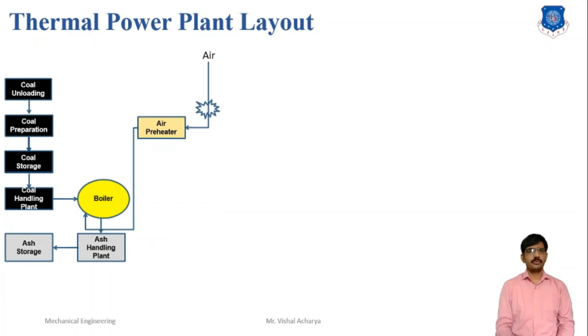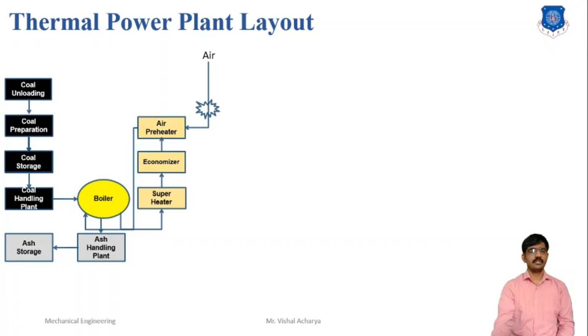From the combustion, hot gases are produced and transferred to the superheater. The superheater is a device like a heat exchanger. It converts wet steam to superheated steam at constant pressure with the help of the heat of the fuel gas. From the superheater, the fuel gas is transferred to the economizer. In the economizer, water is preheated before supply to the boiler with the help of the heat of the fuel gas or hot gas.